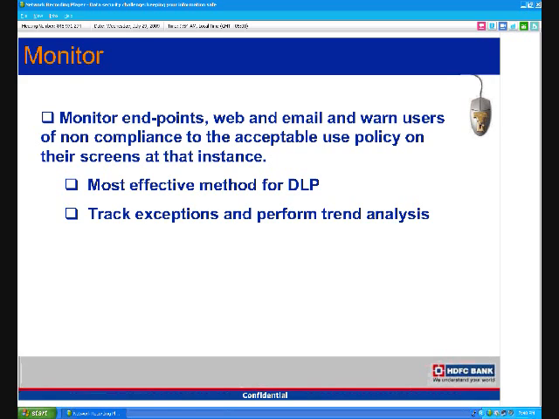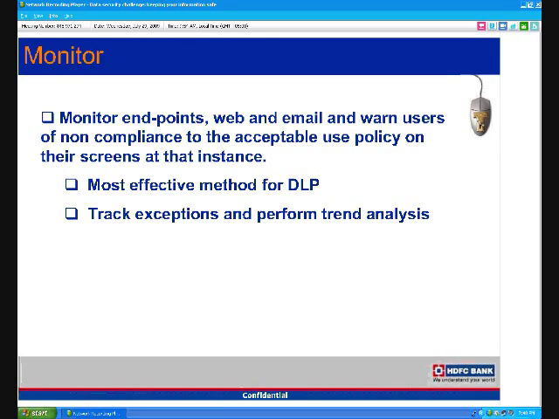So this is the best approach to have an instantaneous awareness to the end user, automated, and on his desktop. It helps instant awareness as far as the policy is concerned, and also helps you to monitor it.